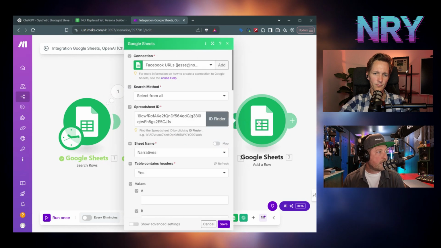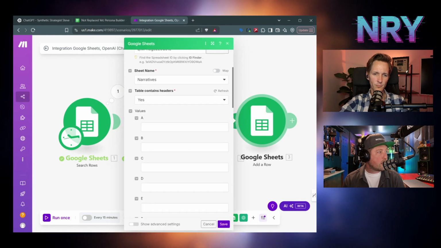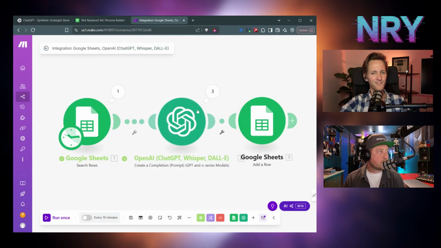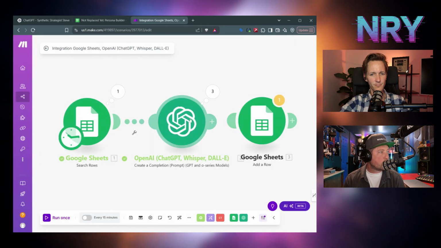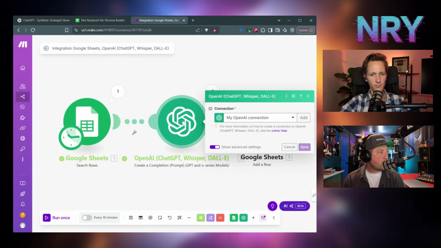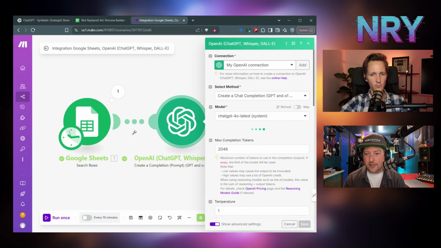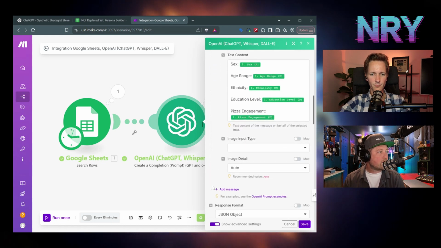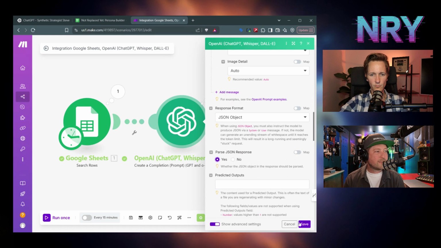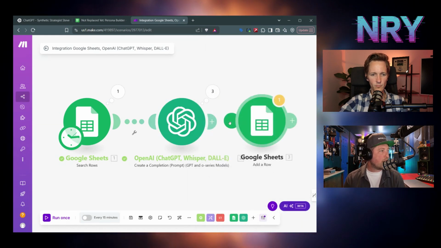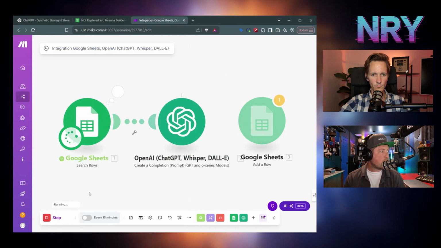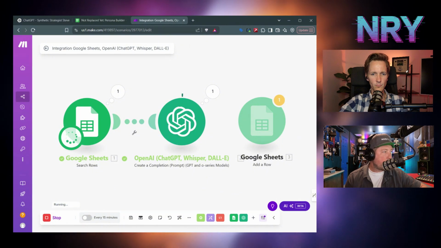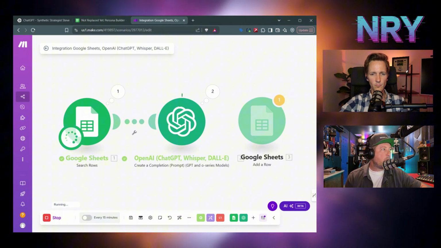But now we can connect this back into OpenAI. We can come in here and we can actually, oh, you know what? I forgot something else. Here we go. Hold on. It's real world problems here, guys. This is debugging. So if I open this up, you know what I forgot? I forgot to tell it to parse the JSON. So I didn't have the variables available to just drop in easily. So let's see, JSON, yes, we want to parse. I knew I forgot a checkbox. Hopefully that's the last one. Let's go ahead and rerun this again, just so we can get the updated structure in its system. 1 and 2 and